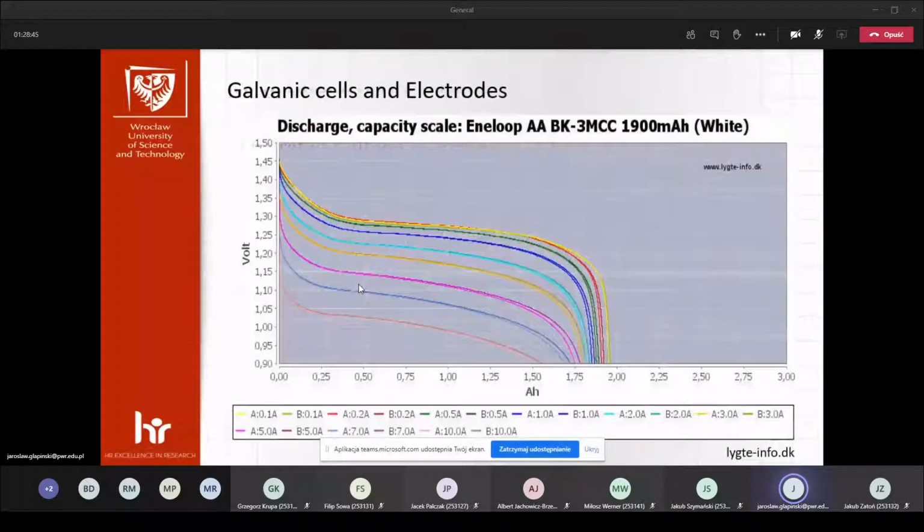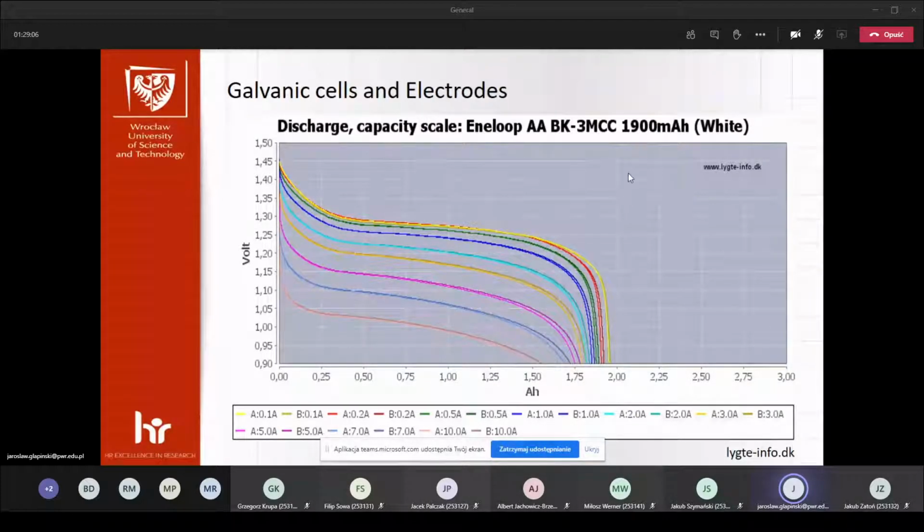Okay, this lazy battery, never mind. What are the advantages and disadvantages of such a battery? This is the discharge process. Yes, this is an example of such a battery that has a capacity of 1900